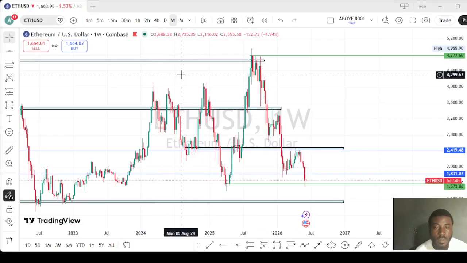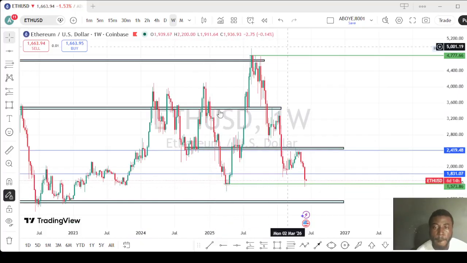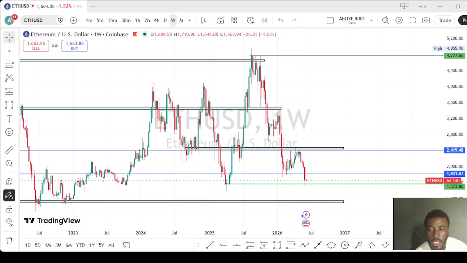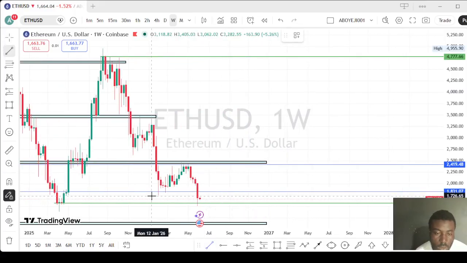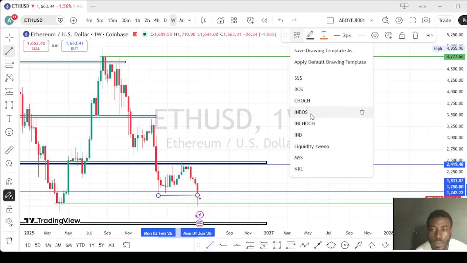So let's move to the weekly time frame. This is the last break of structure on the weekly time frame, and this is the key level here. You can see, and this is the key level here also. So let's see what the market is giving us on the weekly time frame. The market is giving us a break of structure here. You can see the break of structure,